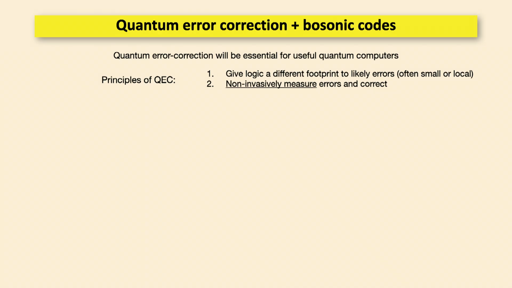So, what's the way that we can try and protect these fragile quantum systems from interactions with their environment? There are a couple of key principles in play, and the first of them is really to say errors should look different from how you encode and manipulate logic. So, for instance, if you have errors that act locally on a system, you should encode your information across a very large, entangled degree of freedom of many systems. But the other thing you have to be able to do is interrogate the system and see if errors happen, such that you can perform feedback in order to stabilize the system and preserve the